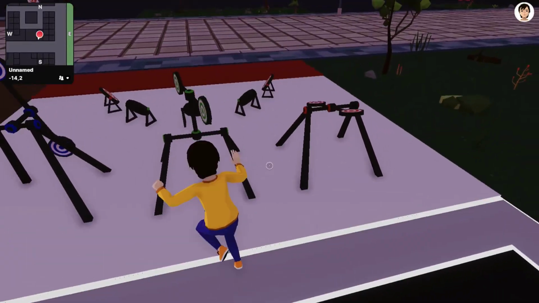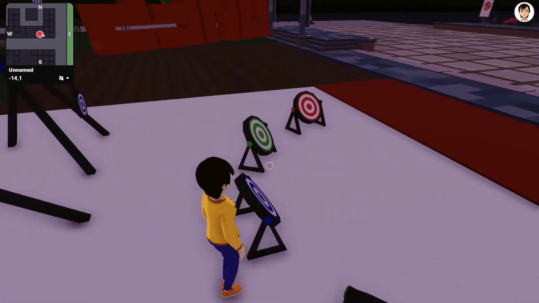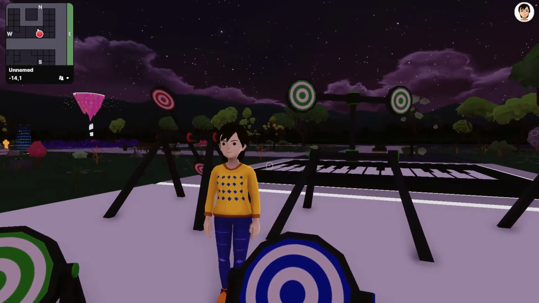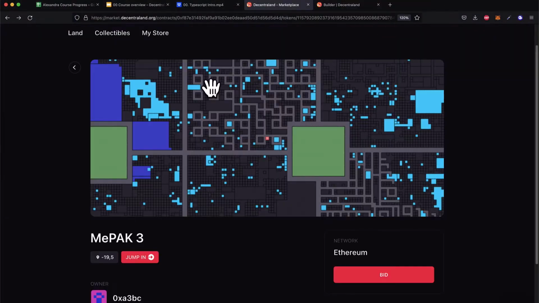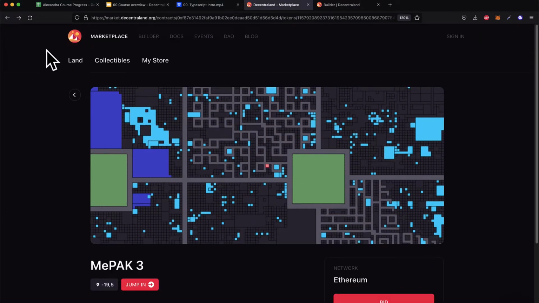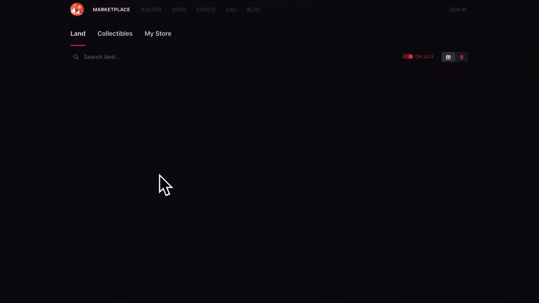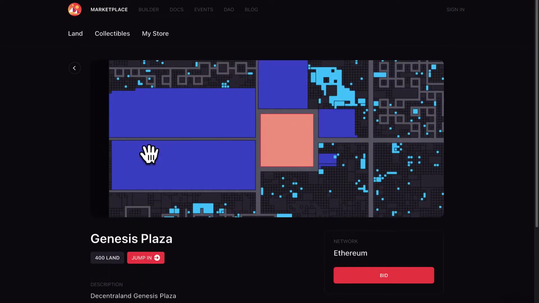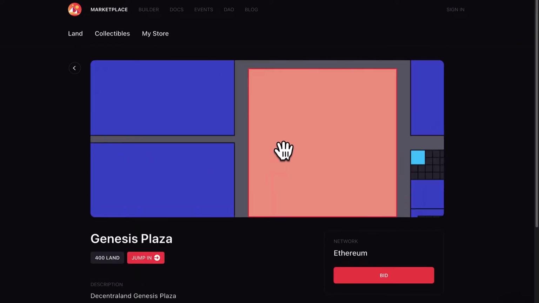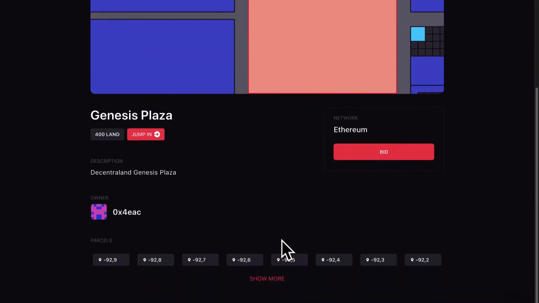Decentraland also uses a server. The content within Decentraland, the 3D elements, are hosted and served to users via a network of community-owned content servers. Visual, audio, and 3D content is stored in a network of content servers.